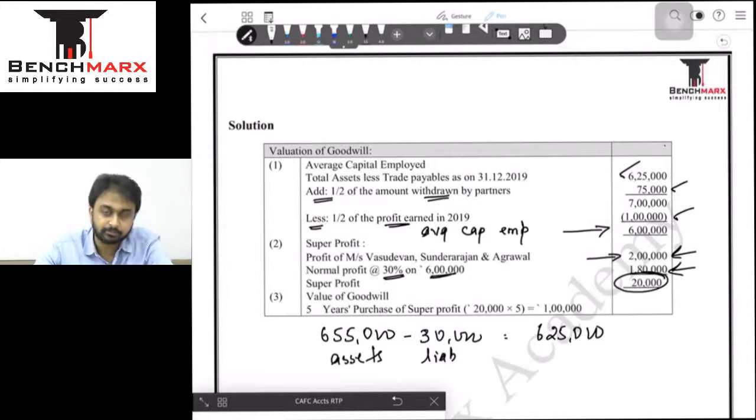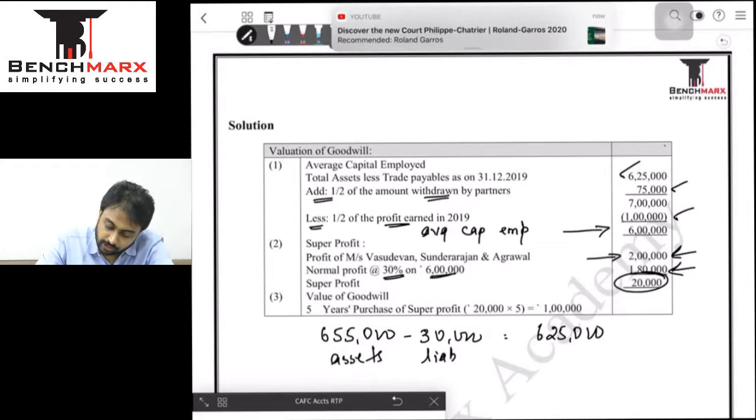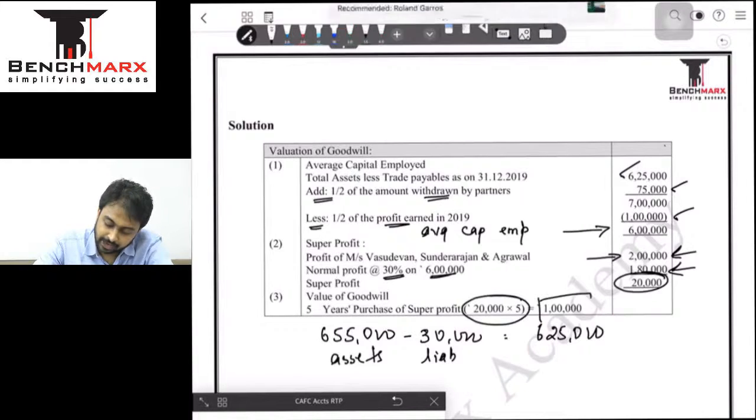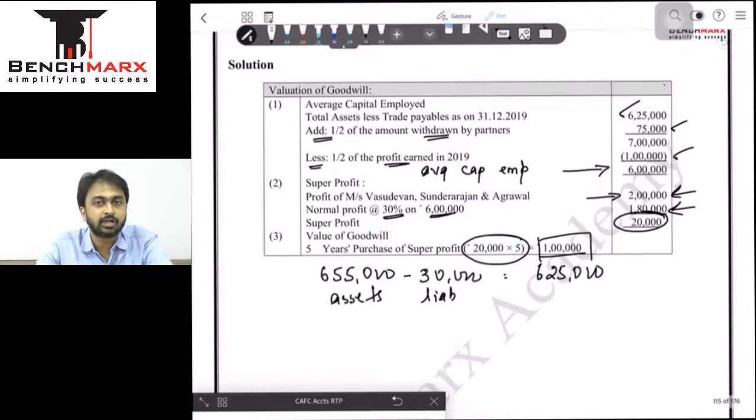20,000 appears to be something called super profit. As we have discussed time and again, super profits is not goodwill. Using super profits and number of years purchase, we get the value of goodwill. So super profit into 5 years purchase appears to be the goodwill, and this goodwill is the final answer in